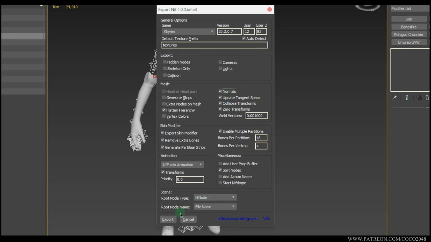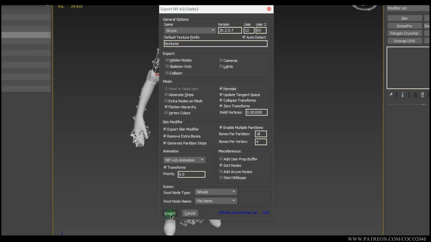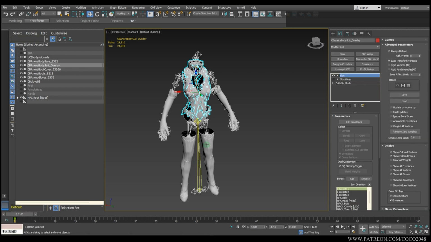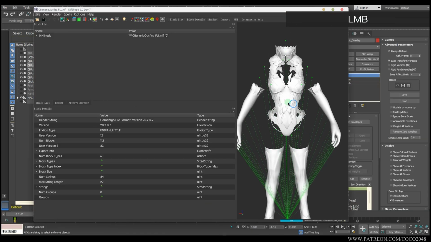Here's my export of regular NIF settings. Use NIF scope to check if the exported NIF